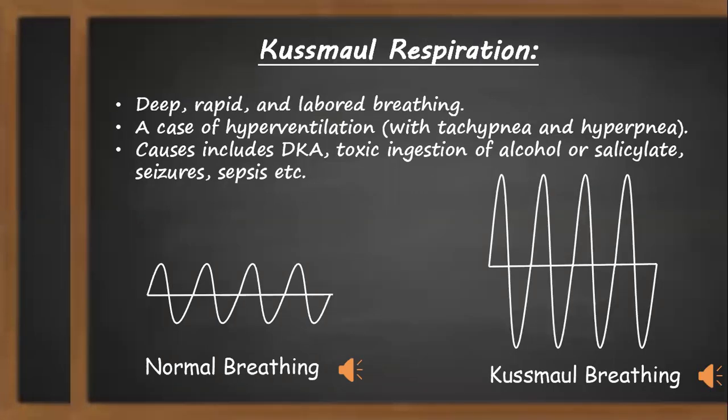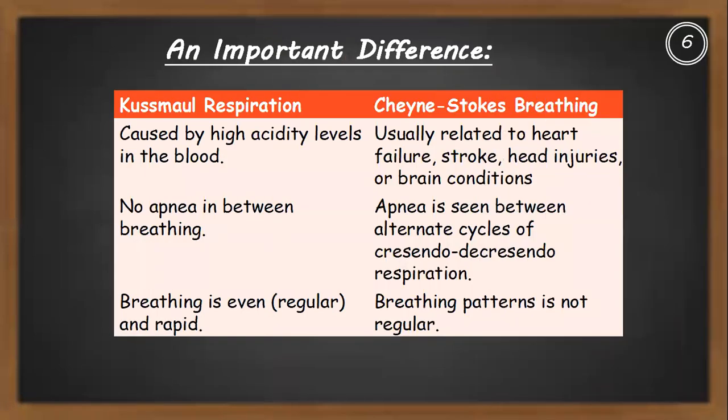So that was about Kussmaul's respiration. Now we'd have to talk about an important difference before moving on to sleep apnea. The important difference is that Kussmaul respiration is caused by any of the conditions resulting in high acidity levels in blood, whereas Cheyne-Stokes breathing is usually related to CNS conditions. That means either lesions on the cortex or congestive cardiac failure. Those conditions would lead to Cheyne-Stokes, but in the case of Kussmaul's, it's caused due to acidity in the